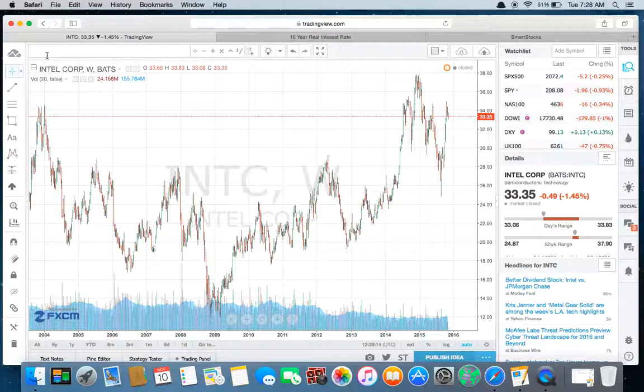Also, more importantly, you want to be in big caps because most people have had this idea, and rightfully so, that a stronger dollar is a headwind to corporate earnings, and that's been the case so far. But everything works in cycles. You have to understand that a stronger dollar initially, at the beginning of the cycle, acts as a headwind to corporate earnings. But towards the middle and latter end of the cycle, which is the part we're approaching within the cyclical bull market in the dollar, the stronger dollar actually acts as a tailwind, a boon